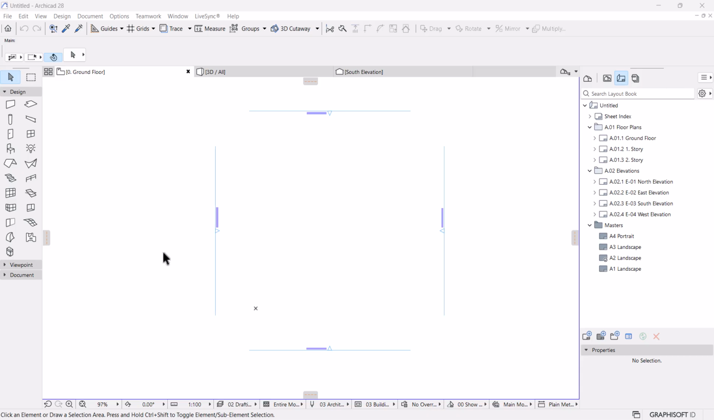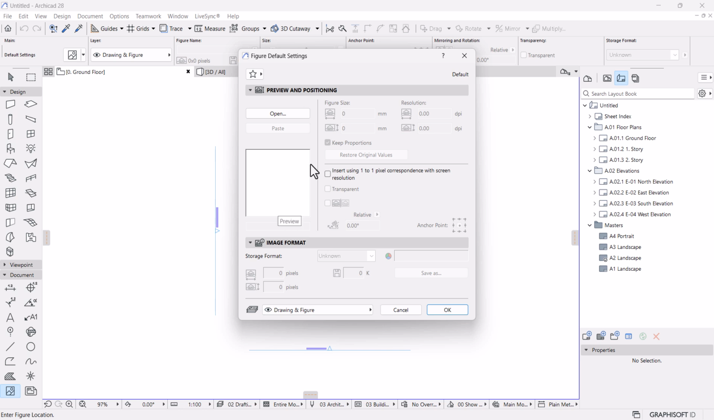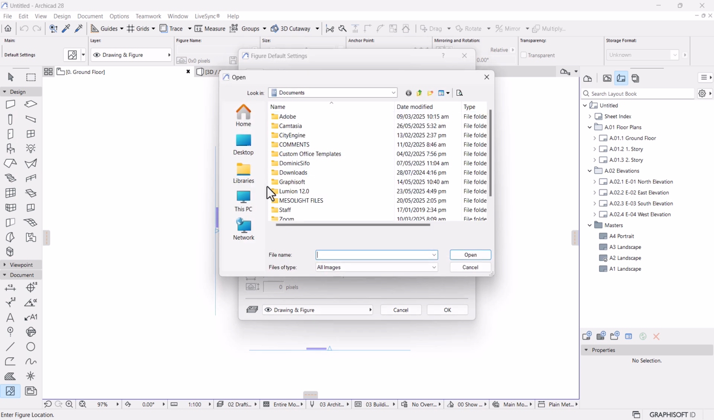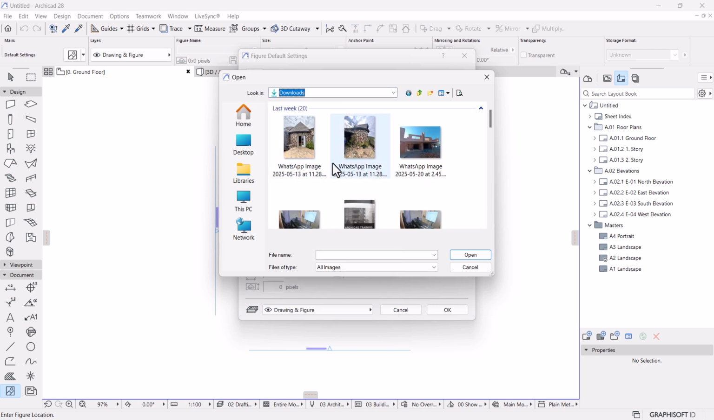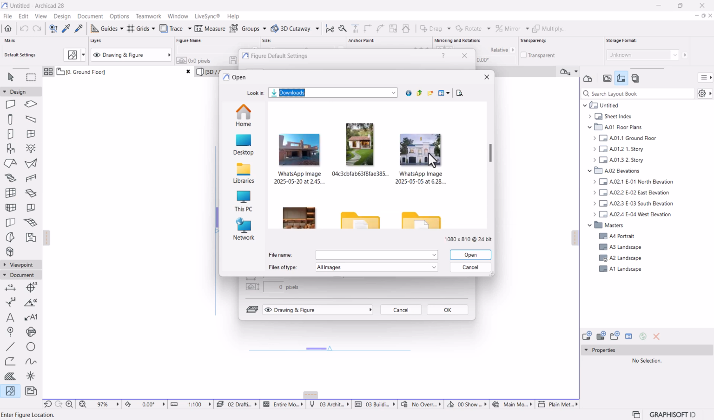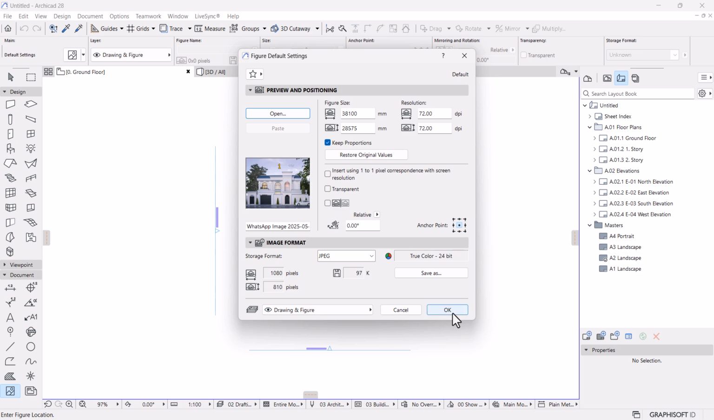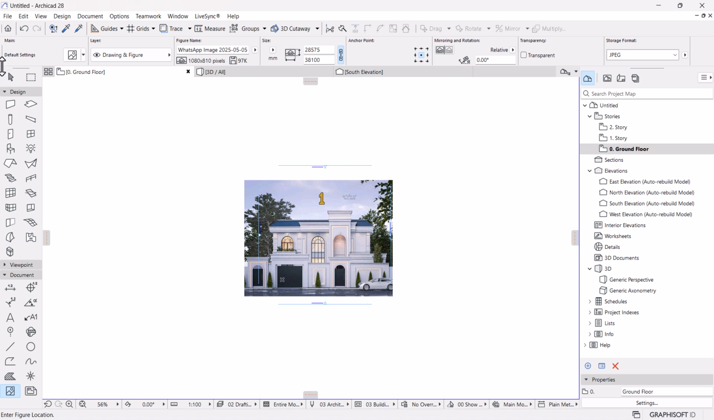I'm going to load the reference image by going to document and activate the figure tool, and then from here I'm going to go to the settings, then open to locate the image within the folders. This is the one. Open and hit OK. Finally, place the image by clicking on the screen. Okay, I'm going to push it aside,